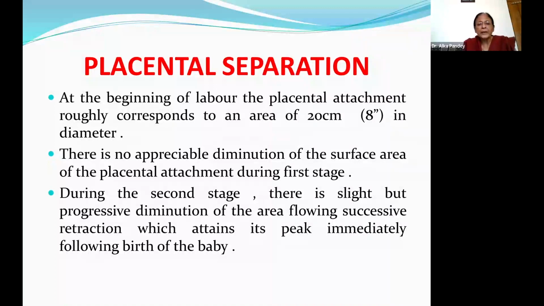So what happens? At the beginning of labor, the placental attachment roughly corresponds to an area of 20 centimeter in diameter. Now, as labor progresses, there is no appreciable diminution of the surface area during the first stage. Once you have entered the second stage, there is slight but progressive diminution of the area following successive retraction, which attains its peak immediately following birth of the baby. Next